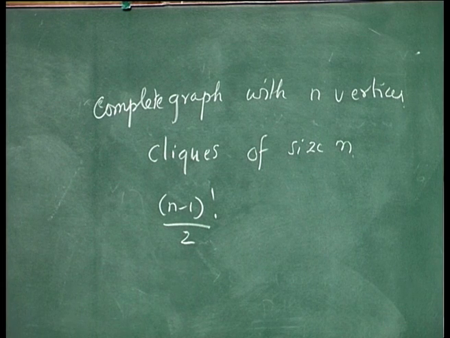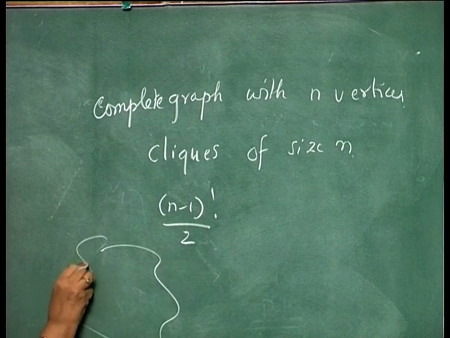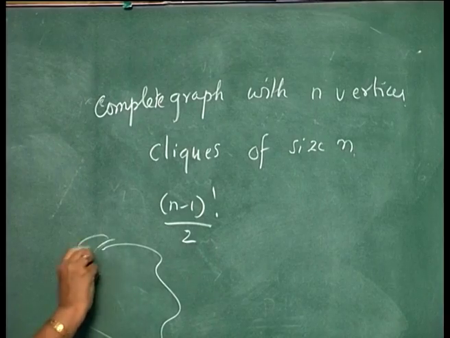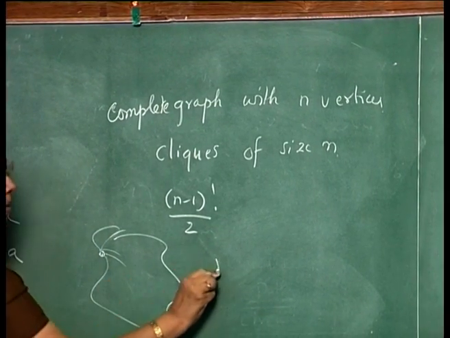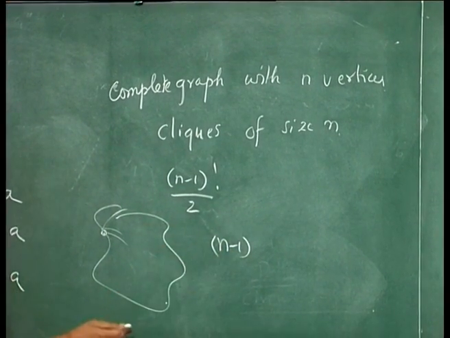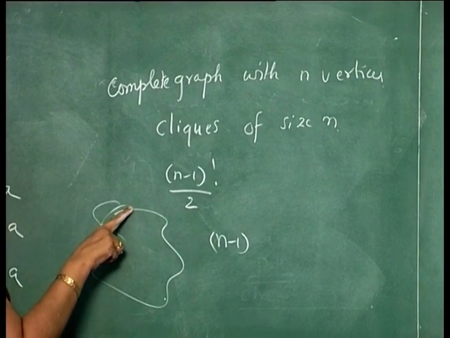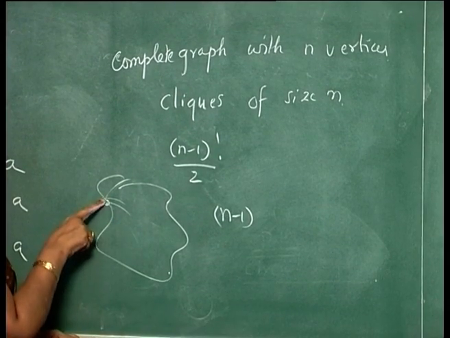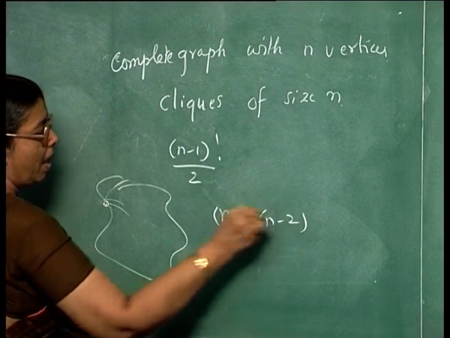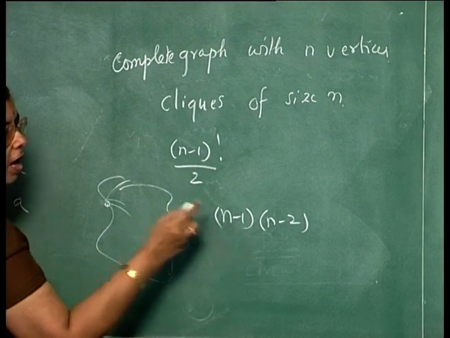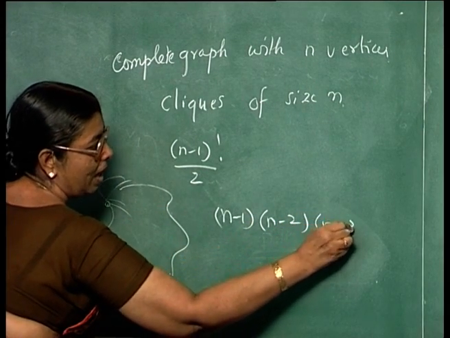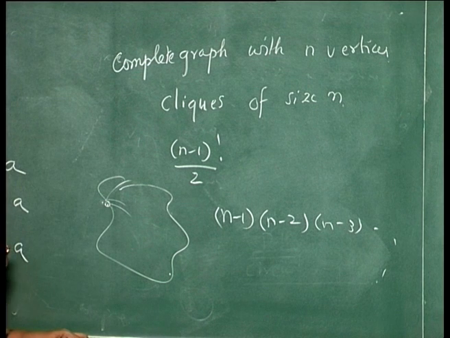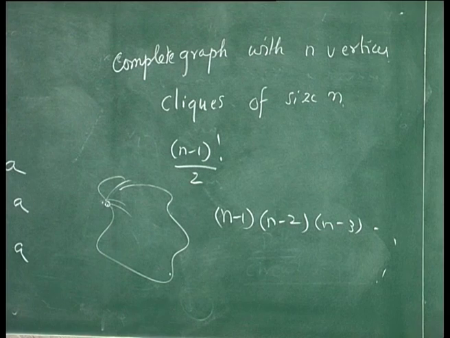How is this possible? If you have n vertices, starting from one vertex, you can go to any one of the n minus 1 vertices next. Then from that vertex, you can go to any one of the n minus 2. You have to omit the visited one. And then you will have n minus 3 possibilities until you end at the same node. Like here, A 1, D, C, B, this is one possibility.